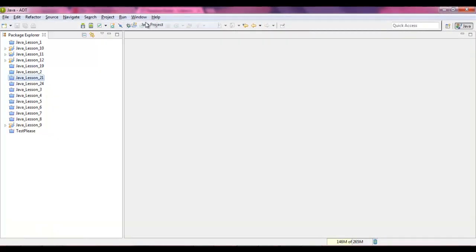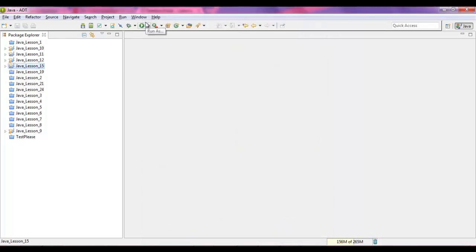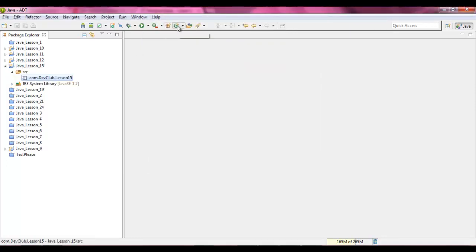In this tutorial, we're going to be doing the bubble sort. So let's name this Java Lesson 15. Save. Let's add our package, com.devclub.lesson15. Hit OK. Let's add our class, which is main,